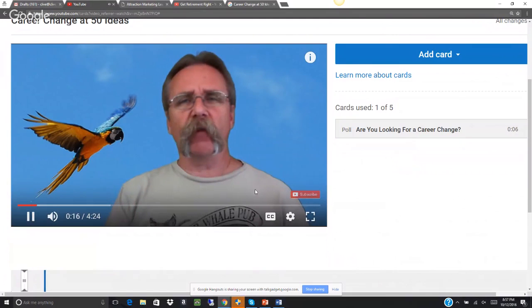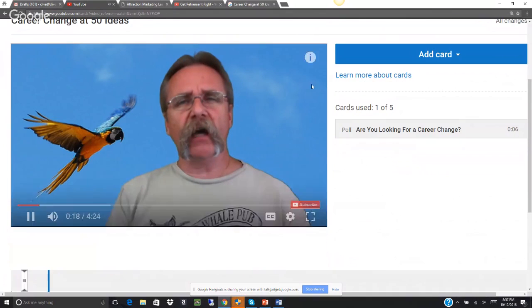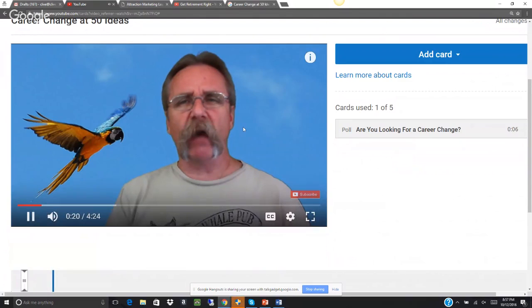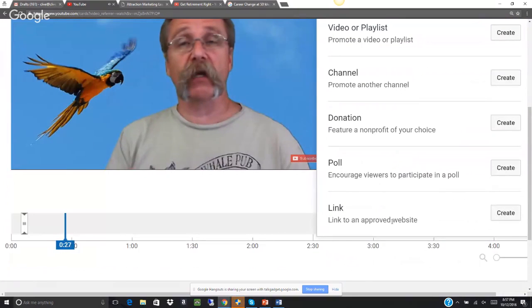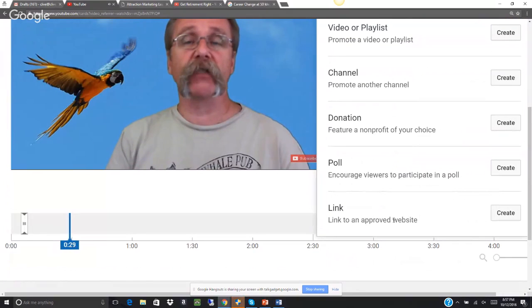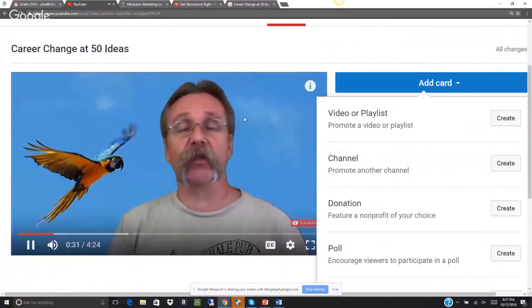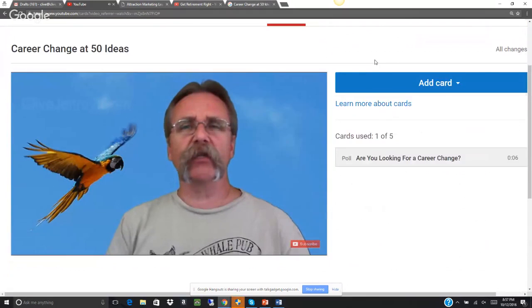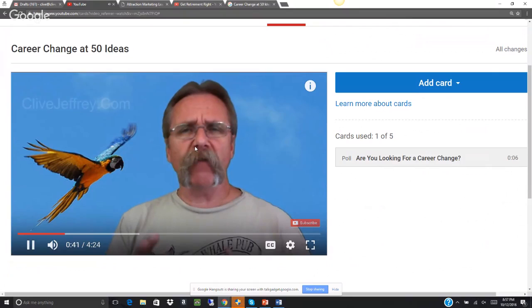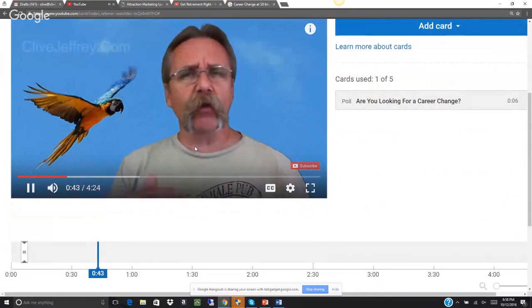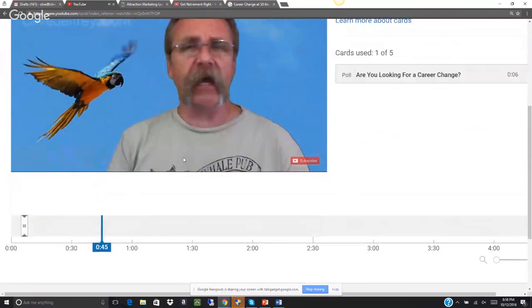And you can also create other cards using those other functions, like sending them to a link on your website or something like that. But that's what I'm going to do with creating a card. It's real easy, real simple, but it gives you that little extra effect that allows you to look a little bit more professional.